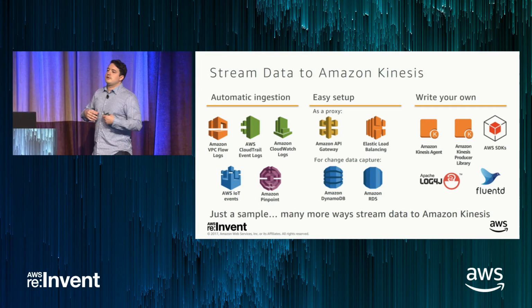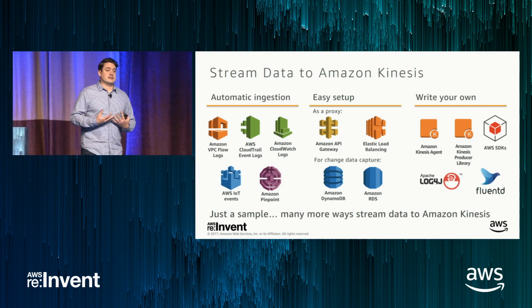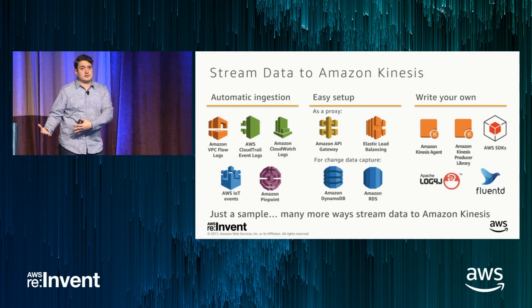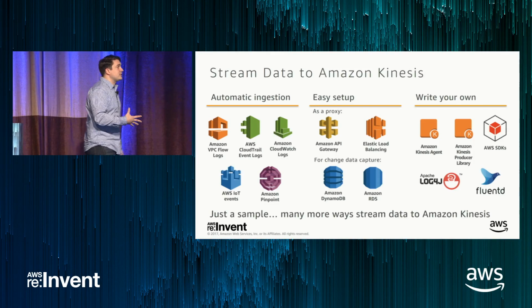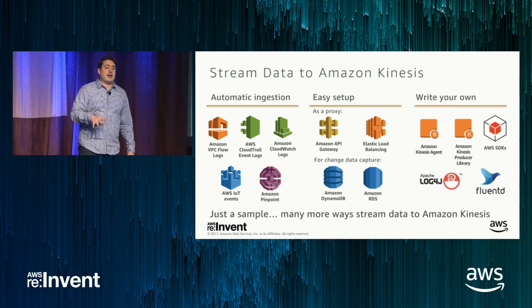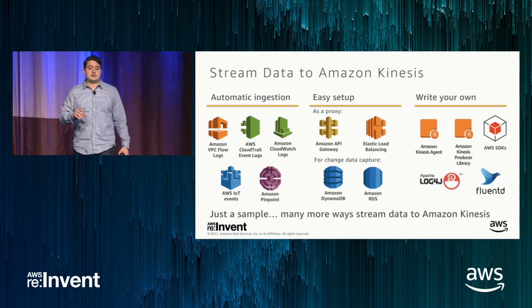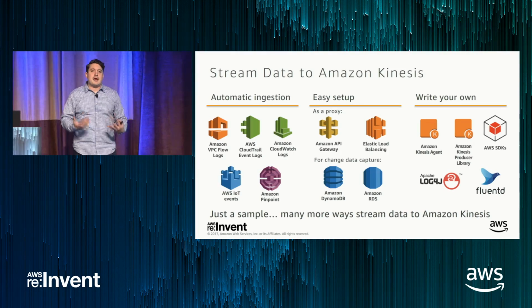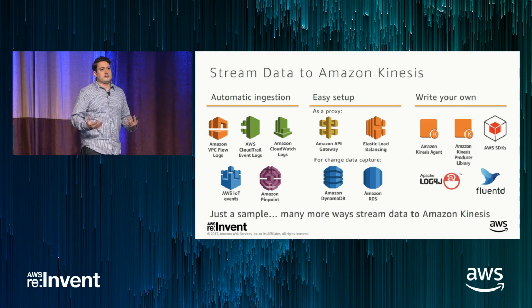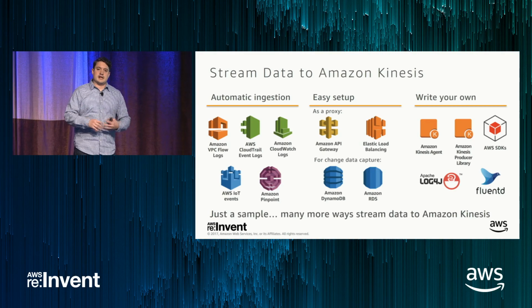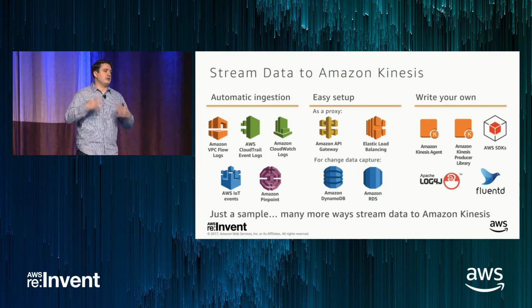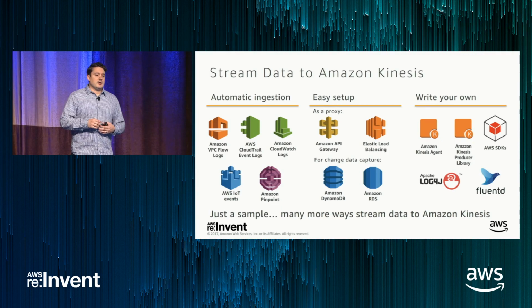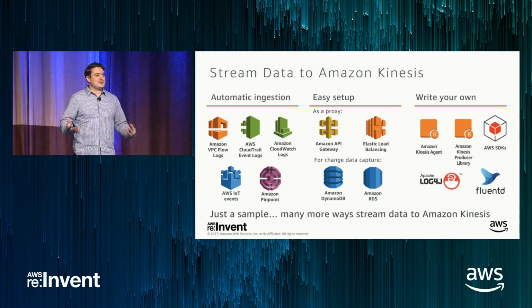So I mentioned there's a lot of different ways to get data into Amazon Kinesis. And Amazon Kinesis here means Amazon Kinesis Data Streams and Amazon Kinesis Data Firehose. There are several services that are enabled for automatic ingestion, including VPC flow logs, CloudTrail, CloudWatch logs, AWS IoT, and Amazon Pinpoint. And when I say automatic ingestion, I mean you go to the UI or download the CLI and you make 1 or 2 API calls and it's set up. And data is just automatically writing to the firehose or the stream. So I wouldn't even call it easy. It's dead simple setup.